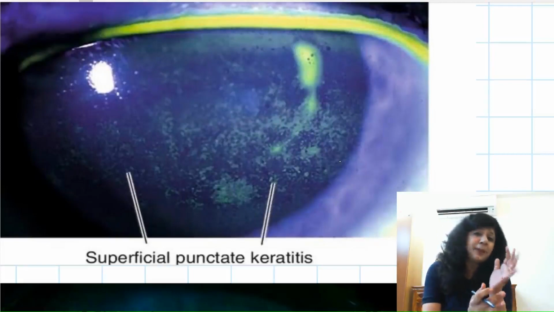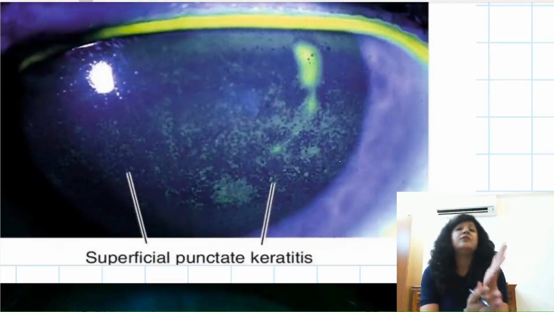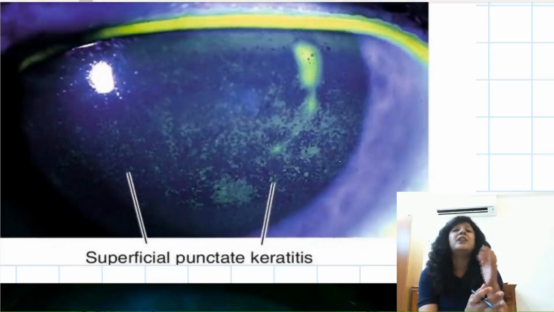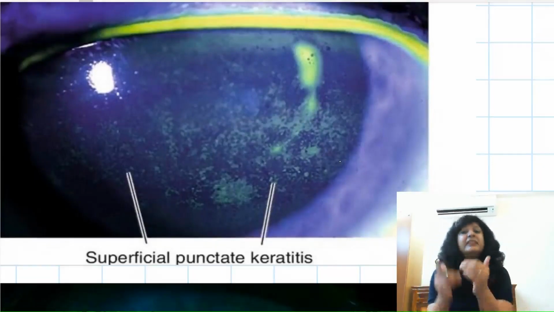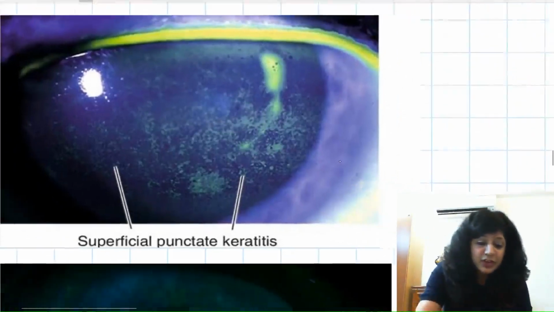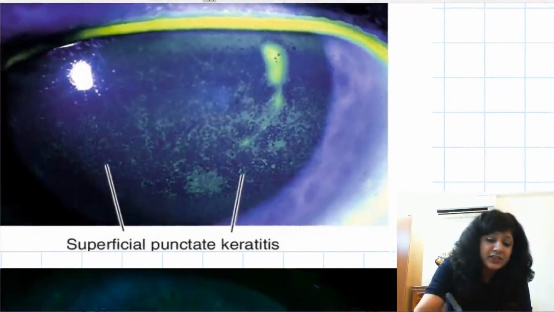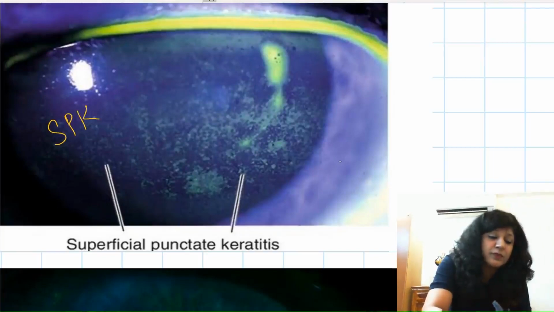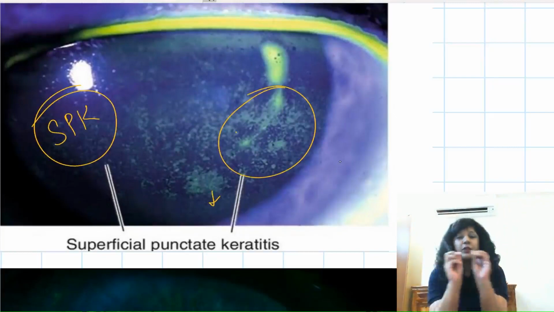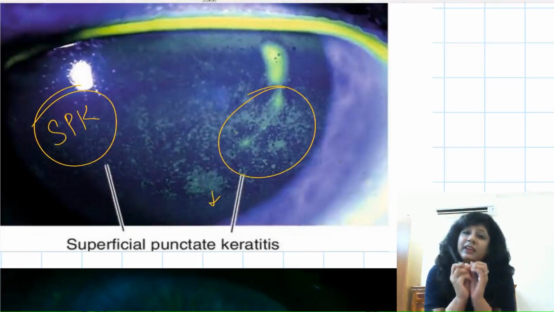If there is a primary infection, they are only causing problems in the conjunctiva as well as the corneal epithelium, while in the recurrent they will be going deeper also. So in the primary infection, the first thing that they are causing is this SPK, superficial punctate keratitis. Can you see there are so many lesions that you are getting in the cornea, small micro erosions on the cornea. Why are they green in color?